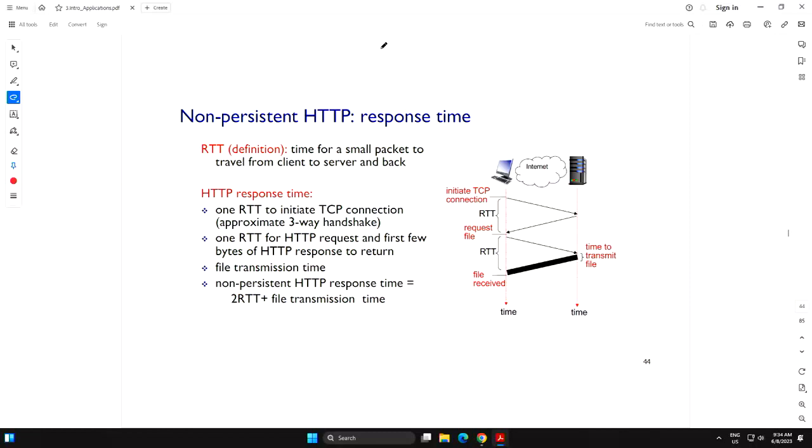You cannot afford to lose a single byte of that object. Otherwise, this object transfer is considered invalid and you have to restart. That's why we are using TCP. If HTTP cannot on its own achieve 100% reliability, it has to use the services of TCP.